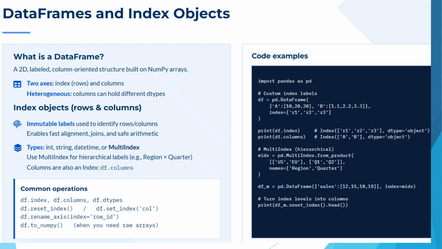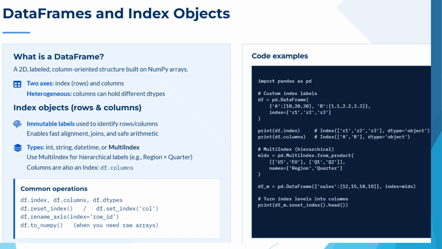Index objects. Index objects in pandas are used to label and identify both rows and columns in a data frame, and they play a crucial role in data alignment and selection. These labels are immutable, meaning once they are created, they cannot be changed directly, which ensures consistency and prevents accidental modification of data structure. Because of this immutability, pandas can perform operations like joins, merges, and arithmetic alignment very efficiently